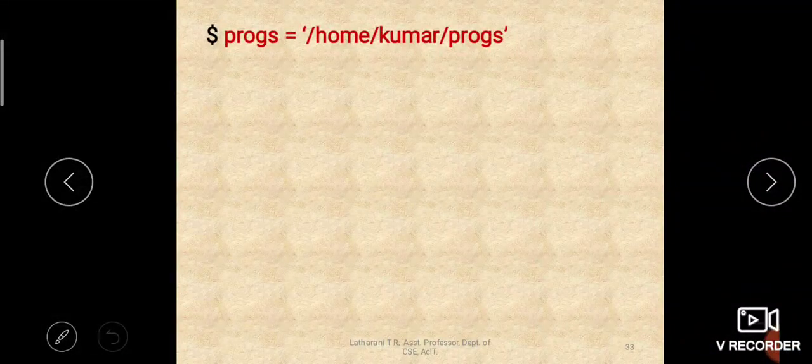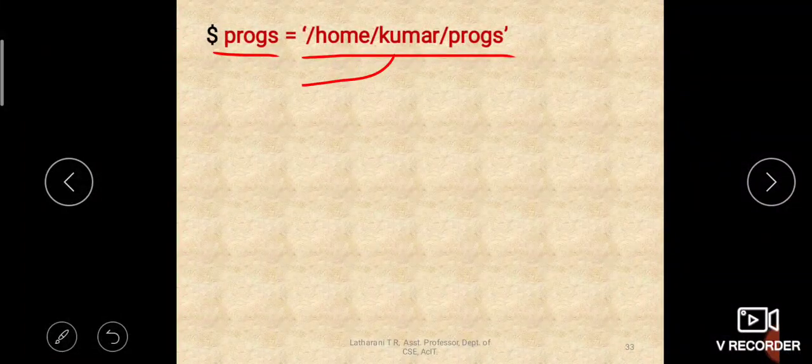Now let us create another variable called programs and assign some value to it, which is a string enclosed in single quotes. A string can be enclosed in single quotes or double quotes. The value you are giving to programs is a path, /home/kumar/programs. What kind of a path is it?